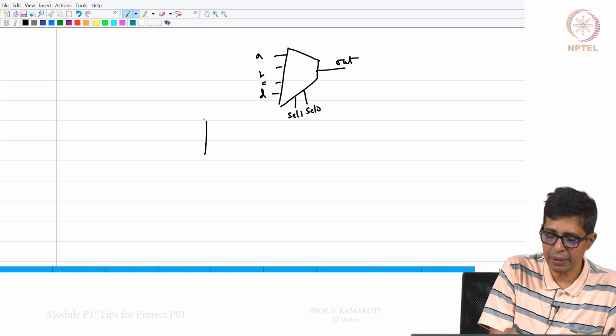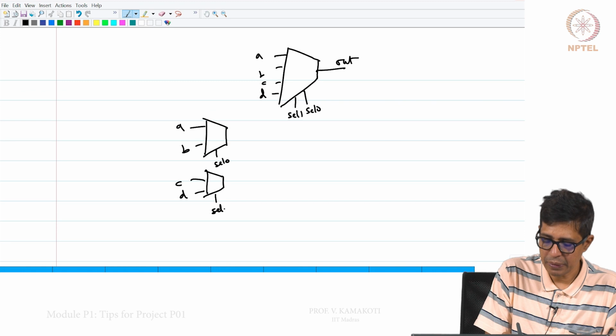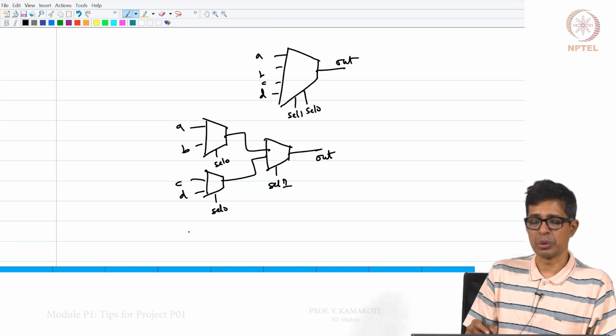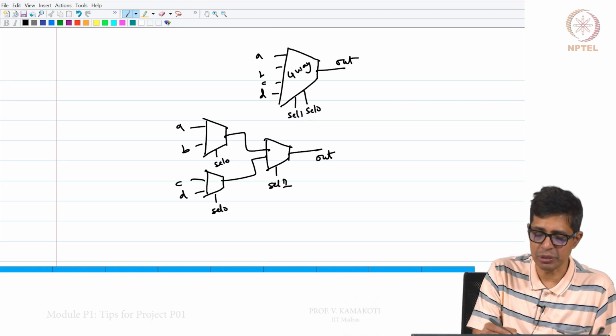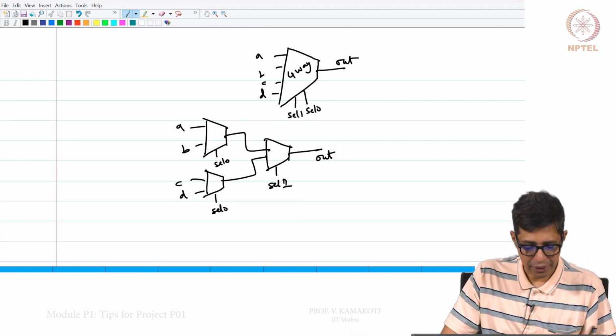This is nothing but doing A, B, and C, D, both with sel 0, and then taking this output, doing it with sel 1, and you get out. This has been shown earlier. So this 4-way mux can be realized using 3 2-way muxes, and that is precisely what we are doing here.